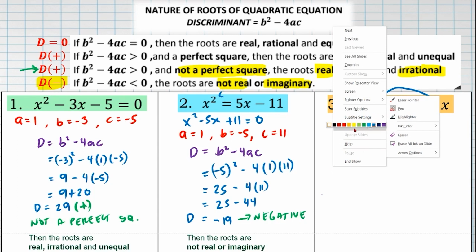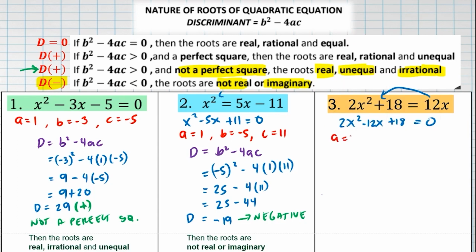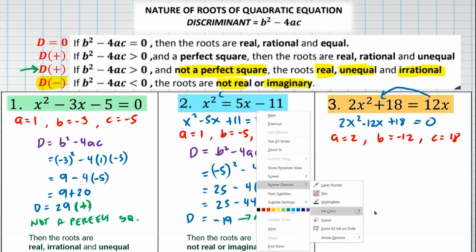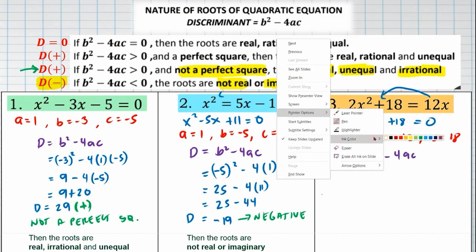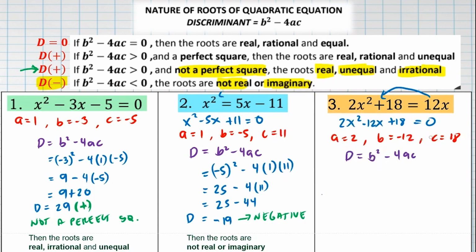So, from that, we can already identify the values of A, which is equal to 2. B will be equal to negative 12. And C will be equal to 18. So from that, let's now write the formula of the discriminant. D is equal to b squared minus 4ac. Then we have to substitute the values from the formula. So we have b will be equal to negative 12. So we have negative 12 quantity squared